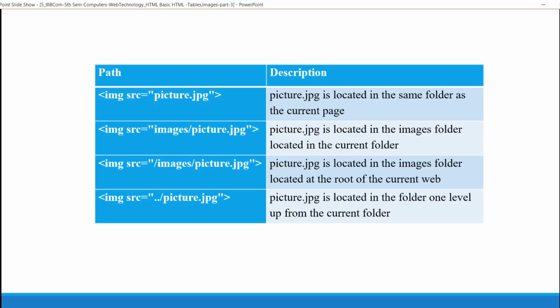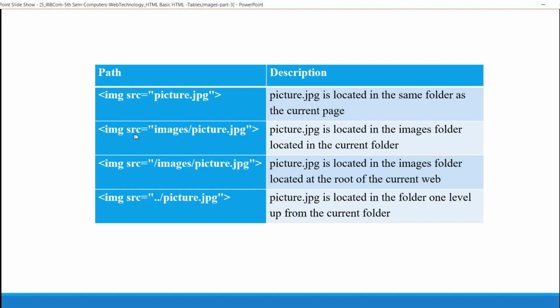These are the different paths. We have seen these in our example. If you observed the images that I ran in our browser, I gave the image directly as picture.jpg. I have given rose.jpg, b1.jpg, elephant.jpg, etc. This source provides the location in the same folder as the current page.